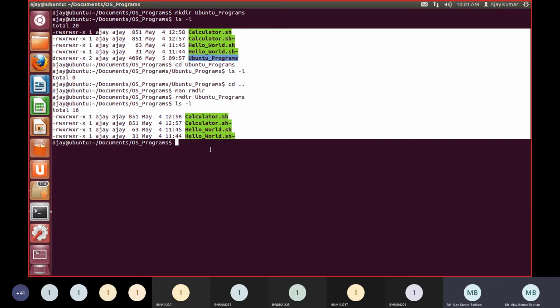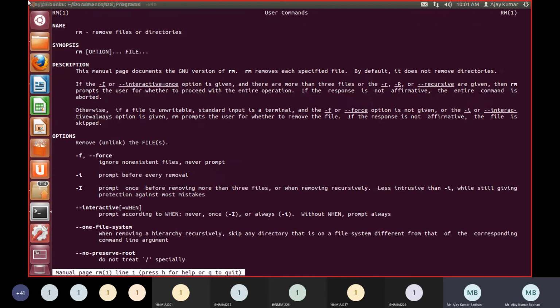Next we have the man space rm command. Since I told you rm is used for removing files or directories, if you have multiple files within a directory and you want to delete the entire directory without deleting the internal files one by one, you can use this rm command.